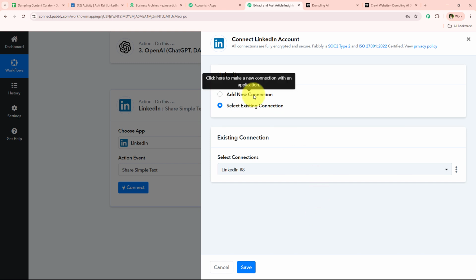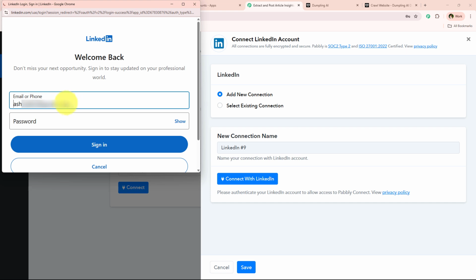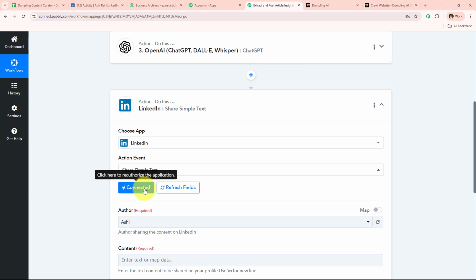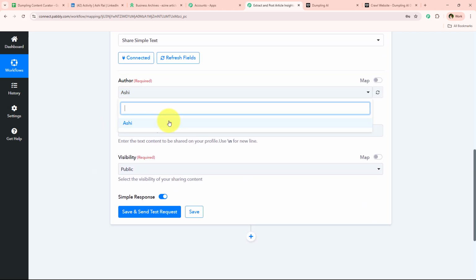But if you haven't, you have to follow me, click on add a new connection, connect with LinkedIn, and over here I'm just going to enter my credentials. And after entering the credentials, I'm simply going to click on sign in. Once I click on sign in, my LinkedIn account will be successfully connected with my Pabbly Connect workflow. We just have to wait for a few seconds, and over here you can see that we have successfully connected. And now it is asking me to select the author, so I'm simply going to select Ashi,